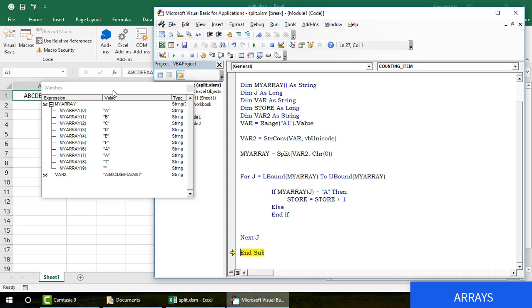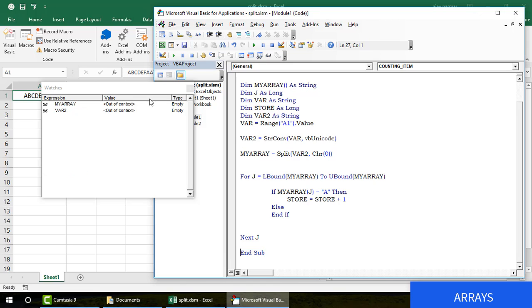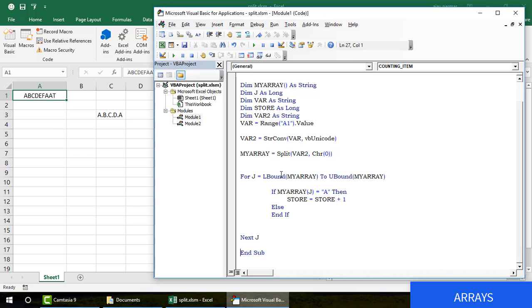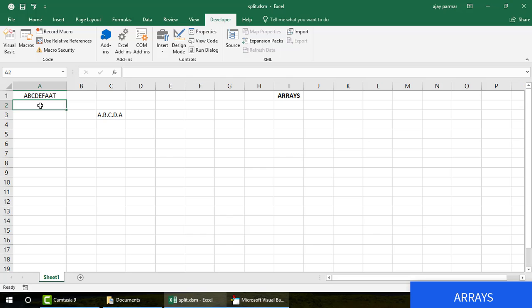So you will again find some interesting lectures on the use of arrays and functions. I wanted to share this good thing with you. This is how you can create these arrays. And just in case you have some more items, for example, if I just copy this and paste it here,